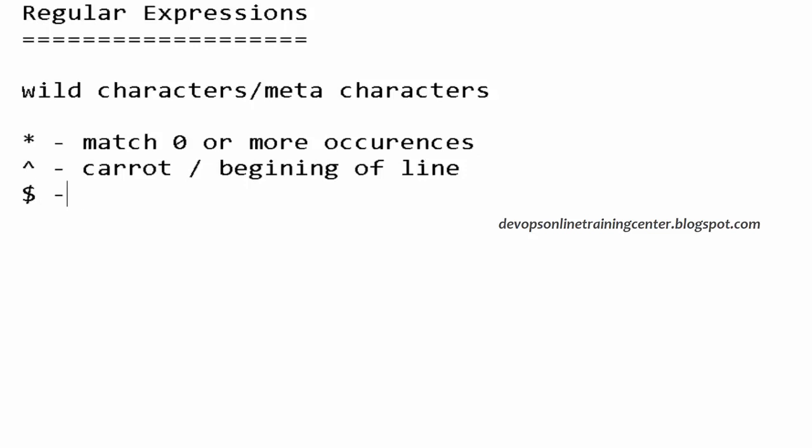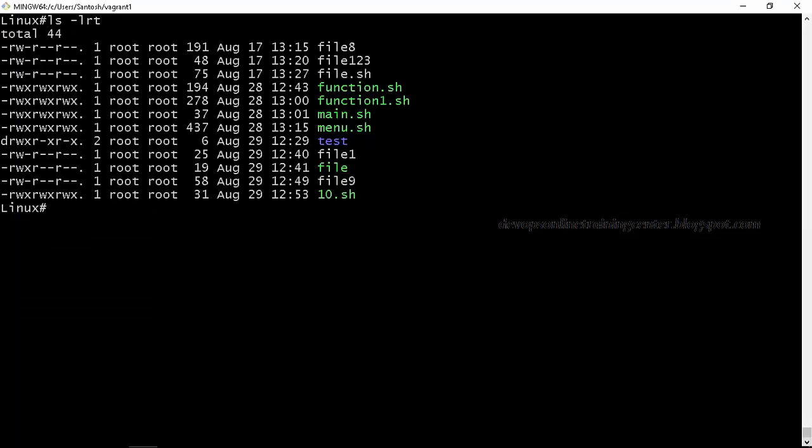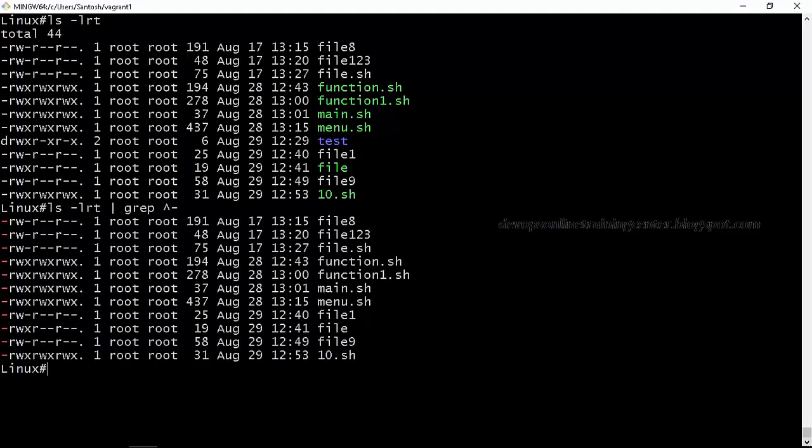In the same way, the scripts ending with sh, this is for ending, right? So let us say you have a directory and you want to find out what all the files are there in the directory. I want to list out the files in this directory. So if you do ls -lrt grep caret hyphen, this will list all the files.